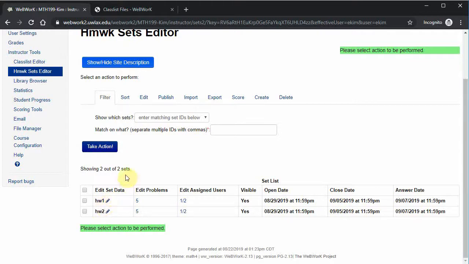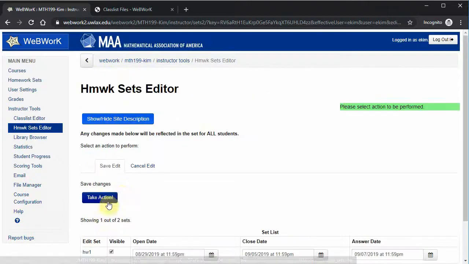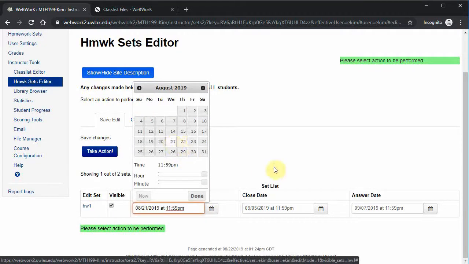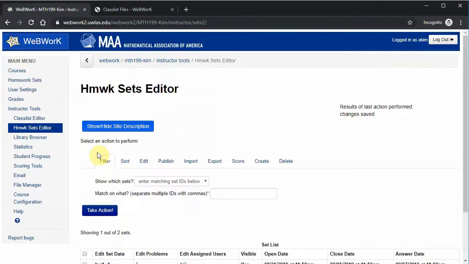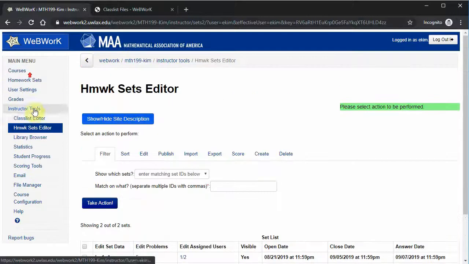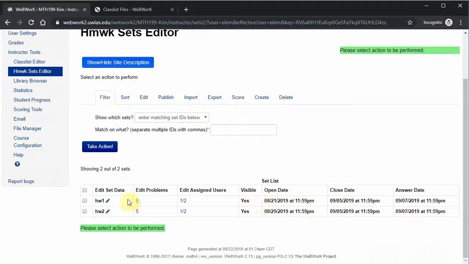Okay, so if you have made your homework set and you're happy, what we can do is, per homework set, you'll see options of when it will be available for students to start attempting the problems, when it will close, and when the answers will be available. Today again is the 22nd, so what I'll do is edit this homework 1 by clicking this pencil, and I'm going to change the date that it opens to yesterday. So I want to make that homework set available already, and if I click back on the homework sets editor, you'll see homework 1 is available on the 21st and homework 2 is available on the